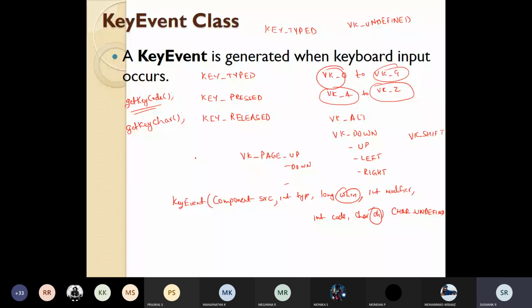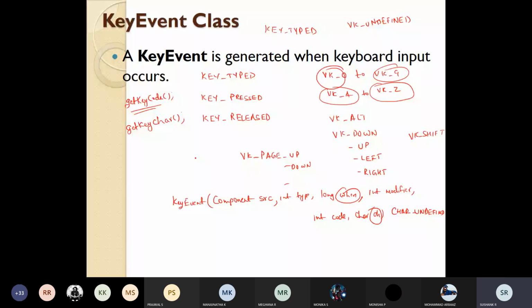In addition to this, when the mouse enters a component, at that time MOUSE_ENTERED, and when the mouse comes out of that component, MOUSE_EXITED. So MOUSE_PRESSED, MOUSE_CLICKED, MOUSE_RELEASED, MOUSE_ENTERED, MOUSE_EXITED.